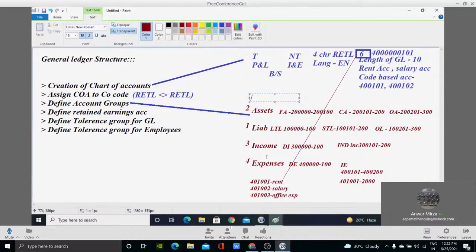If it is going to 10 digits, we can't ask the client to reduce it to less than 6. If it is required, then go for it. If it is not required, don't suggest it. See, even this 6 character that I have taken is the 1 lakh category. Do you think 1 lakh assets, have you seen that? Have you seen any balance sheet which presents 1 lakh ledgers?